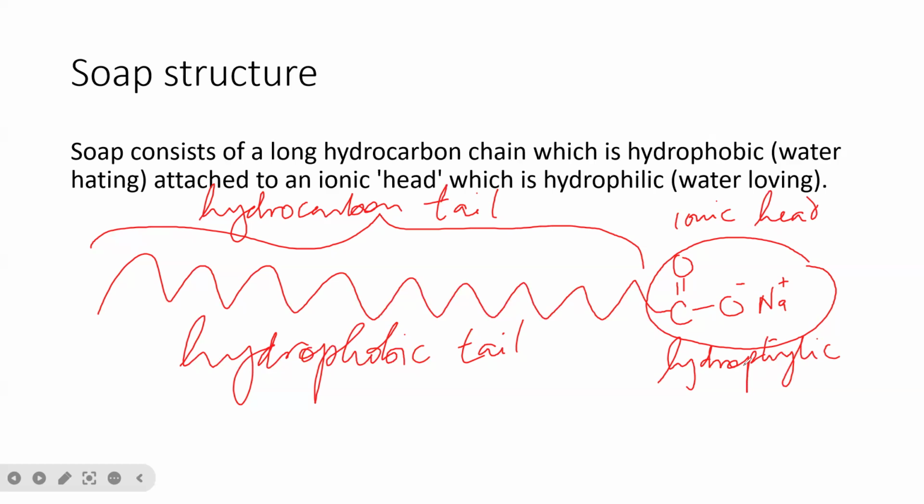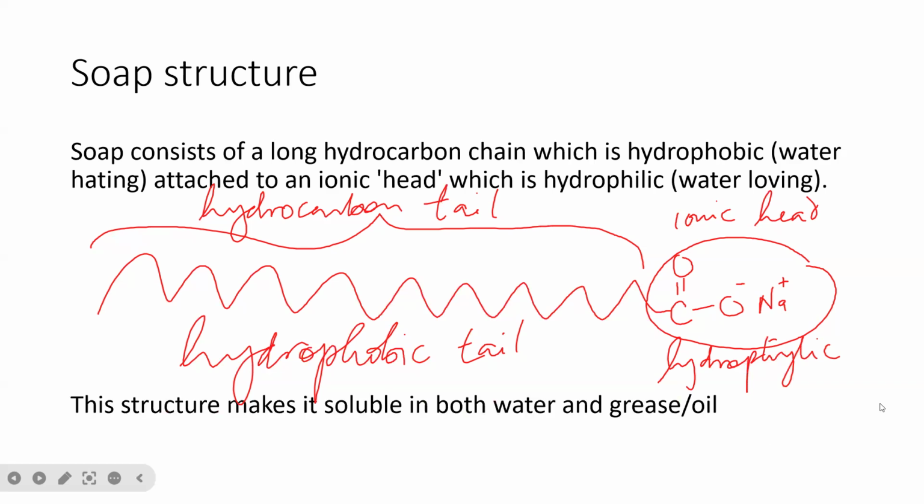The tail actually loves oil. This is a covalent hydrocarbon molecule, so it will be soluble in grease and oil, but the head is not soluble in grease and oil. Are we together? Now, this structure makes it soluble in both water